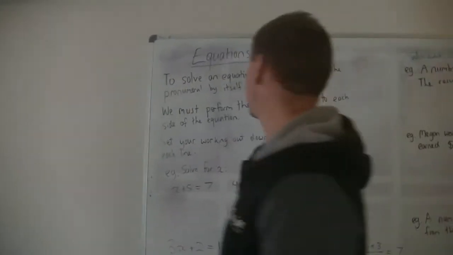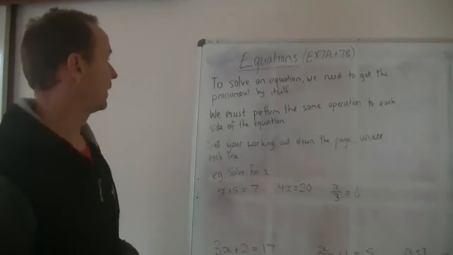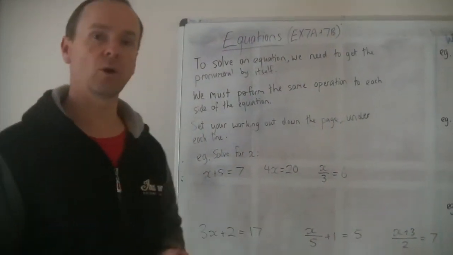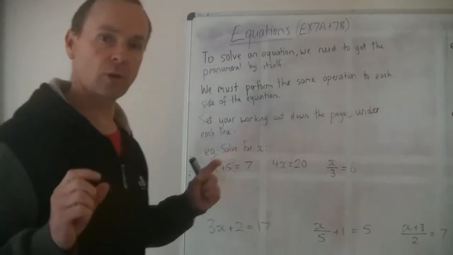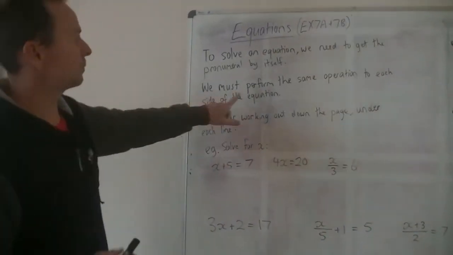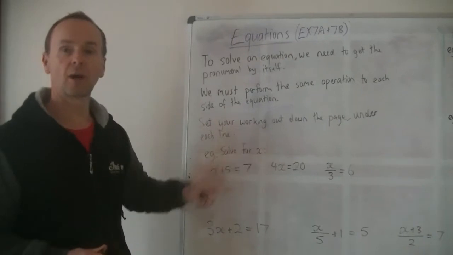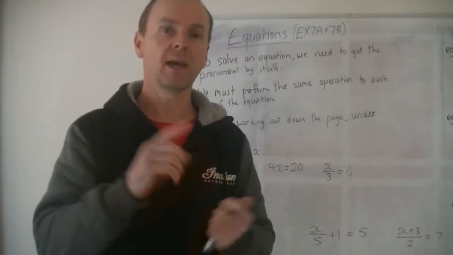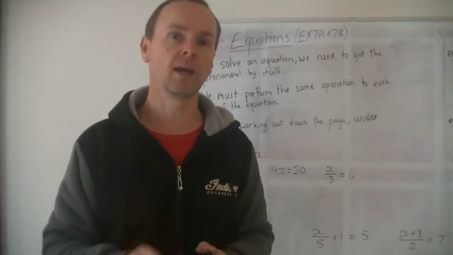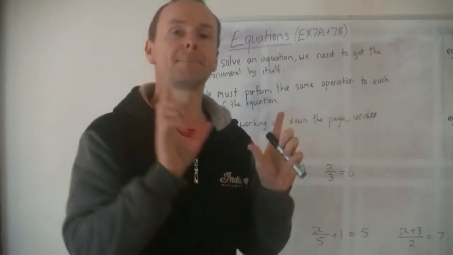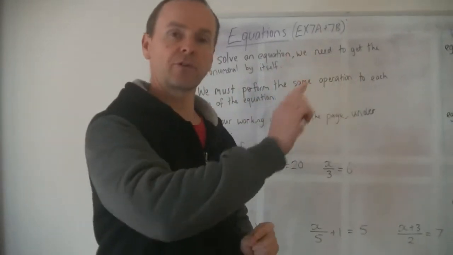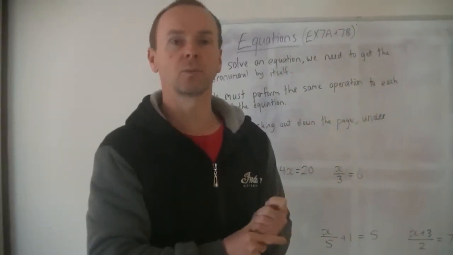Alright, so a few bits you've got to remember. You've done this in year 7. To solve an equation, we need to get the pronumeral, whatever the letter is, by itself. So the way you do that, you have to do a bunch of steps. So we must perform the same operation to each side. So remember, if you've got x plus 3, you've got to get rid of the plus 3. How do you get rid of plus 3? You minus 3. Which side do you minus 3 to? Both sides. Always the answer is both sides. So you minus 3 to both sides, you get x by itself, or whatever the pronumeral is, and then you